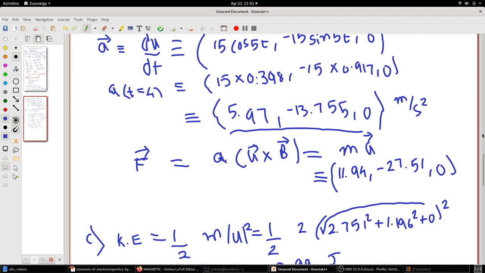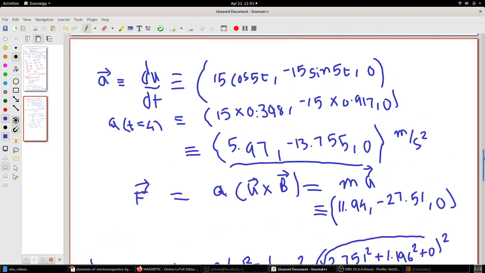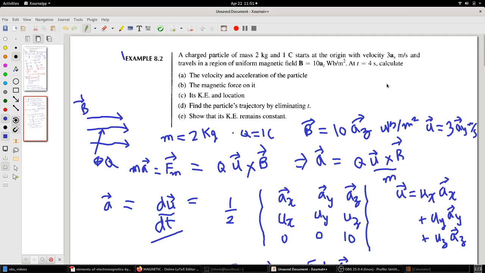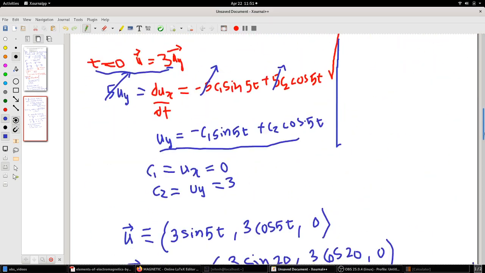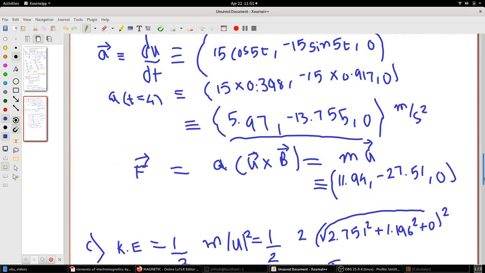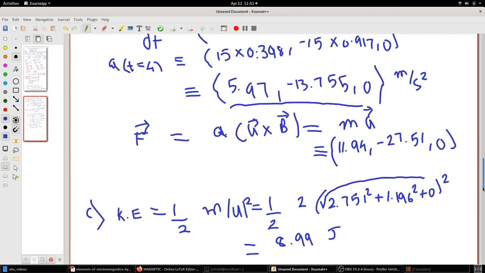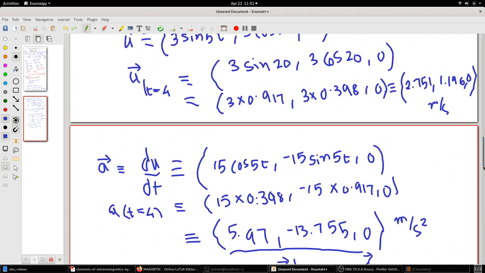So next part was kinetic energy. The question was to find out the kinetic energy and its location. So kinetic energy we know is half mv square, half into mass into velocity square. So half into mass is 2 kg, and velocity is given here at t equal to 4. That is what we want to find out. So at t equal to 4, the velocity is